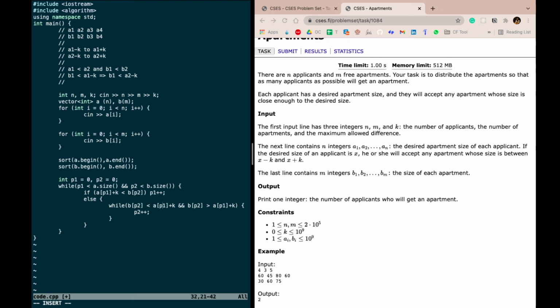We can do p2 plus plus only till this is less than a of p1 plus k, right? So we are basically skipping those apartments,